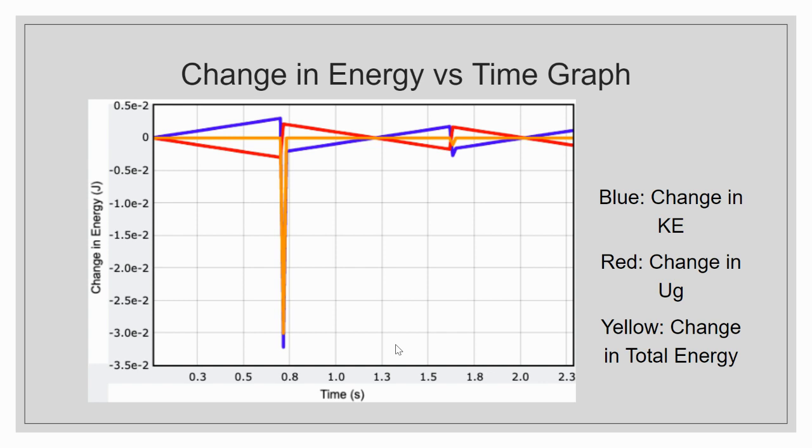From this, we can see that the total energy doesn't really change at all between bounces, and the gravitational potential energy of the ball is being converted into kinetic energy. From this, it's clear that the work done by the drag force on the ball is practically negligible. What's interesting is the change in energy of the ball during the bounces. There's a significant drop in the total energy of the ball during each bounce. During each bounce, some of the ball's kinetic energy is converted to thermal energy and dissipated to the surroundings. This is somewhat proportional to the kinetic energy it has at the moment of the bounce. It explains why the ball lost more energy during the first bounce than it did during the second bounce.